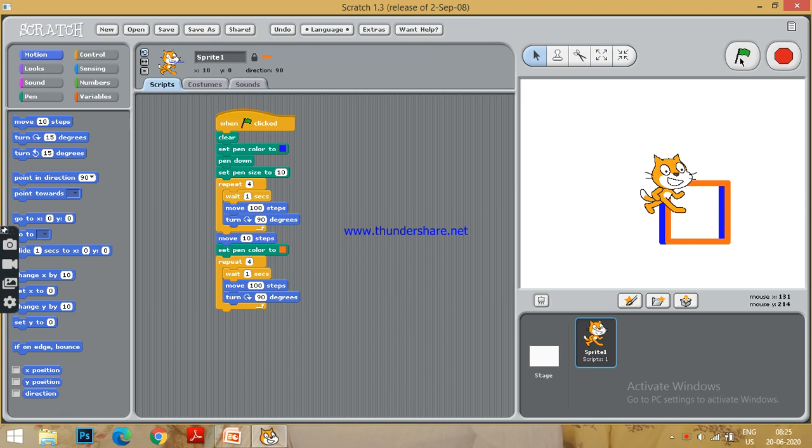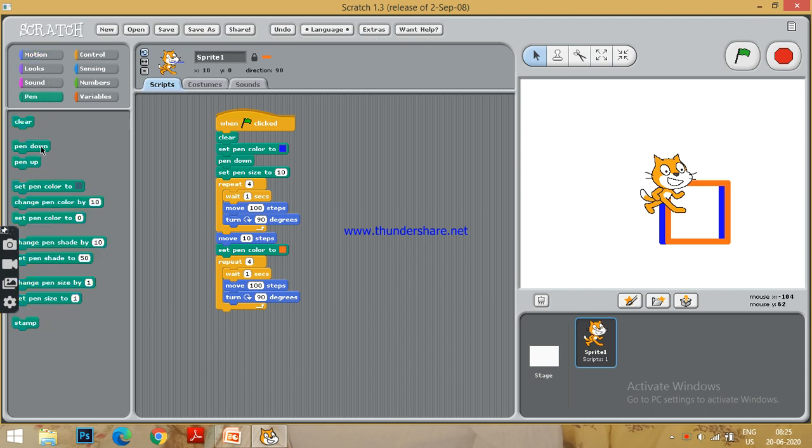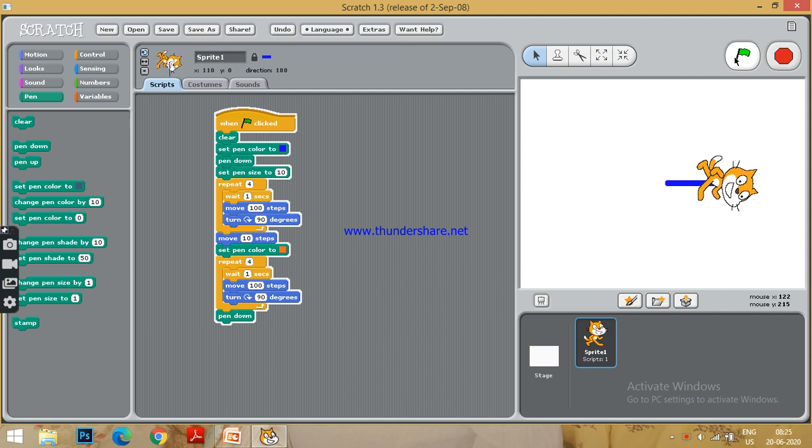Once you have completed, what is our job? Our job is to get the pen down. So you have to get the pen down once you have used this pen. So let us see what happens after performing all the scripts.